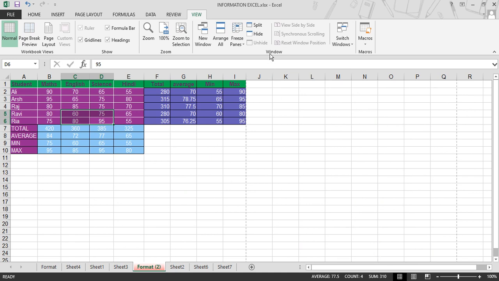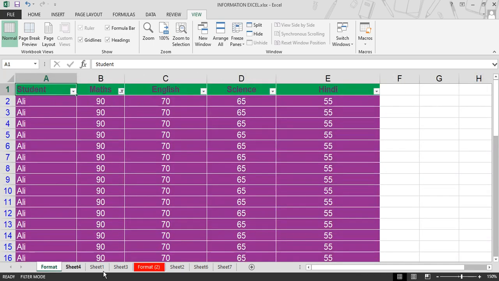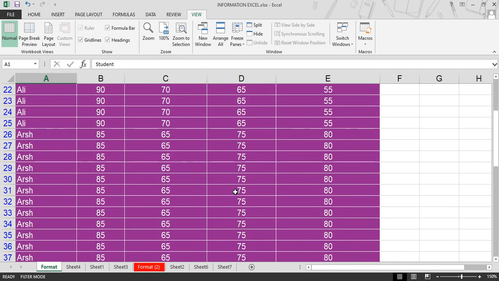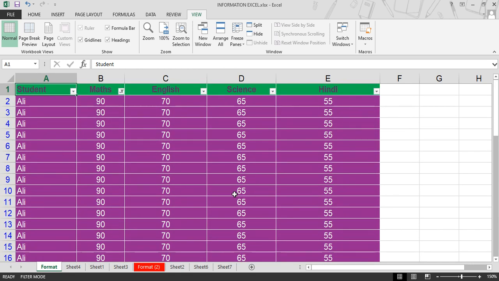Third option is windows. With the help of window you can arrange all these different windows, or you can hide or unhide, and the main feature is freeze. For example, we move to this sheet. Here we have information. As we are scrolling down, we are not able to view the first column or first row.